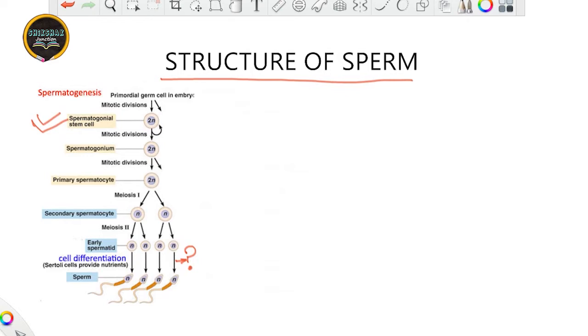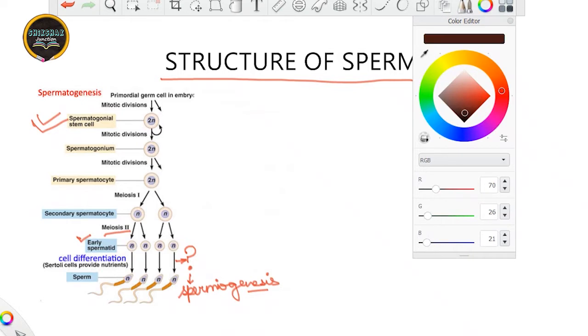So we will proceed in this lecture with this spermatid. See, in the last lecture I told you that the secondary spermatocytes, after meiosis II division, lead to the formation of spermatids, and the question mark which I have put here denotes the process that is known as spermiogenesis. This process is important and it leads to the development of the mature or motile sperms. How, that we are going to discuss, and then we will talk about the structure of the sperm. So, briefly discussing spermiogenesis first.